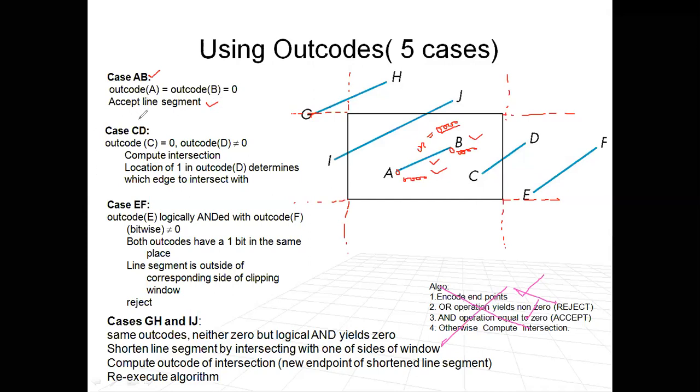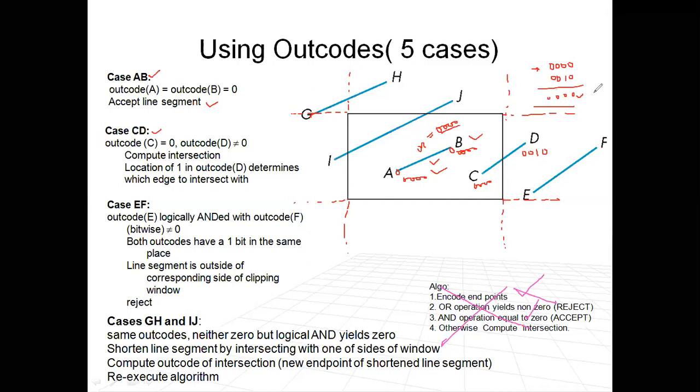Now let's understand the case CD. Here the outcode is 0 0 0 0, and what will be the outcode of the other point? That is on the right side, so 0 0 1 0. Now when we perform the OR operation, it will not yield a 0 value. When we perform the AND operation between these two outputs, 0 0 0 0 and 0 0 1 0, what will happen? 0 0 0 0. So